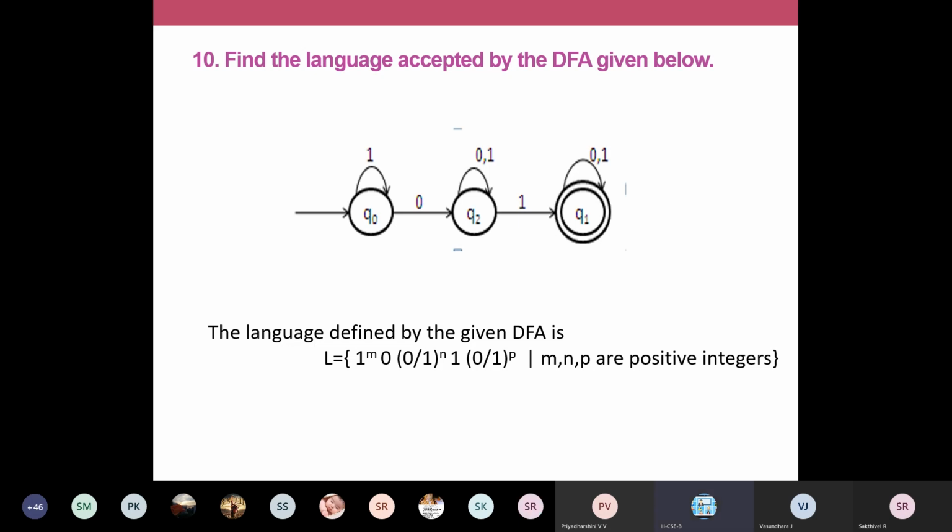Okay, so this is one more notation I've given here. L is equal to some pattern. This is a notation where you cannot clearly tell that it has a substring 01 or that it begins or ends with something. If you're not able to tell correctly, we can use this notation, where you have so many conditions. You can write some m number of ones followed by 0, then all combinations of zeros and ones, which can be represented by (0 or 1) to the power n, then followed by a single 1, and then all combinations of zeros and ones, (0 or 1) to the power p, where m, n, and p are all positive integers.